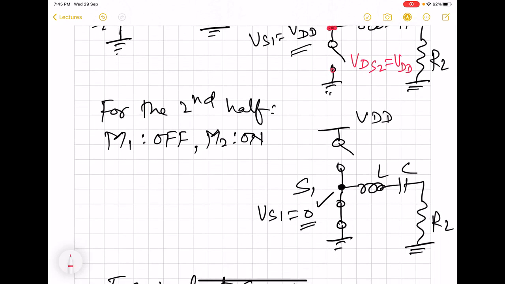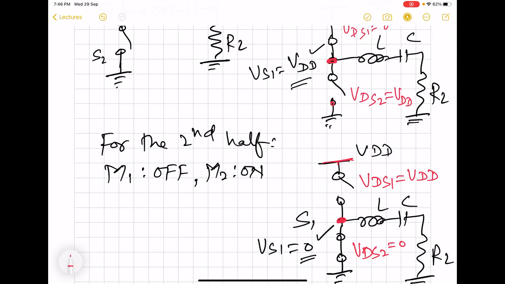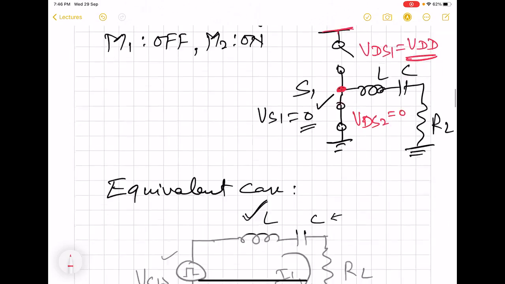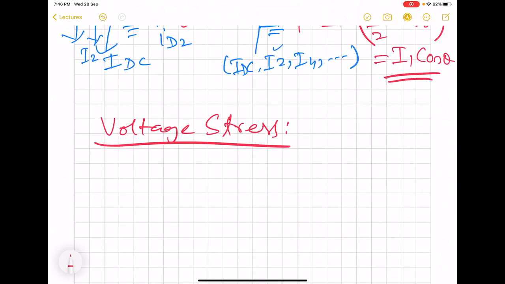Now during the second half, VDS2 is going to be 0 because MOS2 is closed, and VDS1 is going to be equal to VDD, because now the source is at 0 voltage and on the other side we have VDD. This scenario will keep on changing periodically. So each of the two MOS experiences a maximum of VDD voltage. So the voltage stress for class D PA